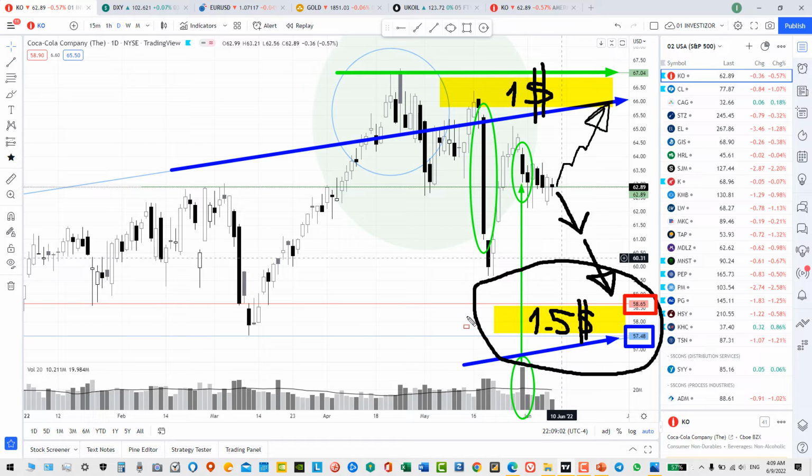Of course, this will take a lot of time. I think not less than a month, maybe more. That's why you need to have a lot of patience, because the correction in Coca-Cola will not end within a week or two. The other scenario to do some virtual trading to the upside by going long is